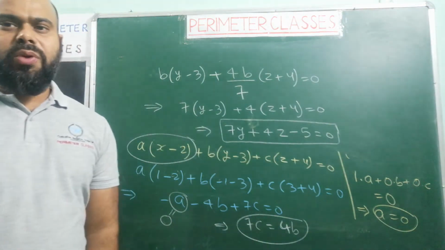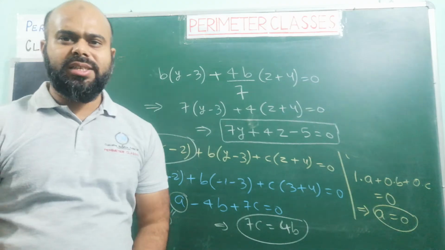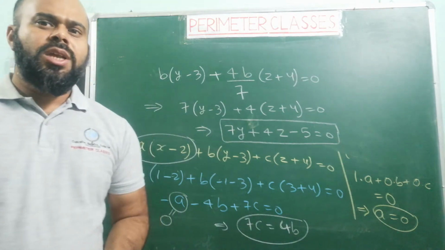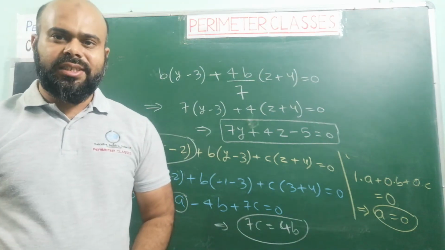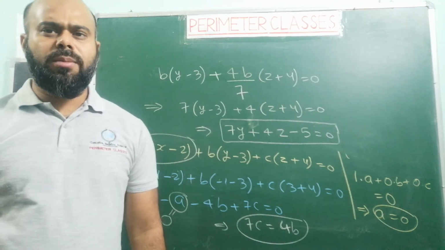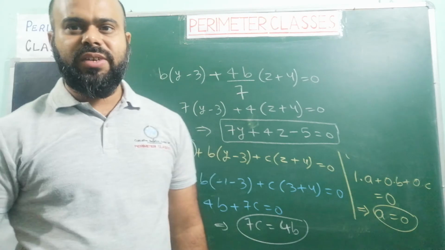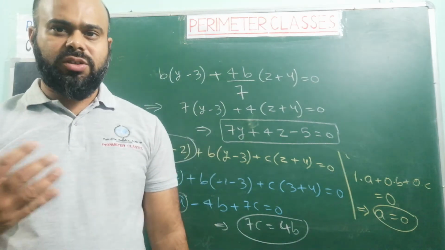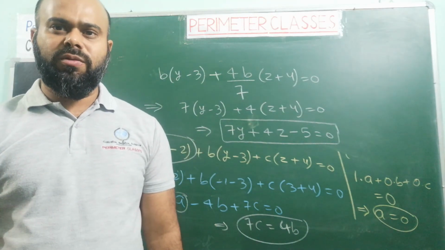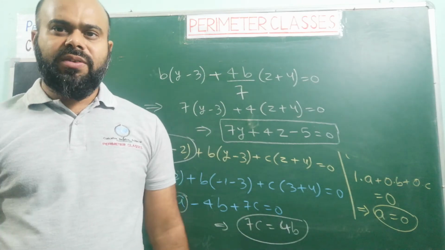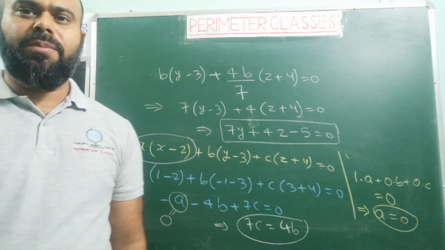So this is the equation of the plane which is passing through the given 2 points, and it is parallel to the x-axis. So this is about the equation of the plane in another form. In the previous lecture we studied the first form, where the normal and the perpendicular on the plane were given. In the next lecture we will see some other form of the equation of the plane.